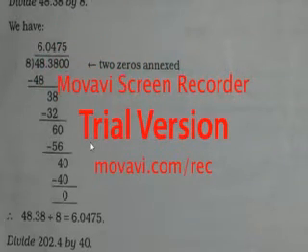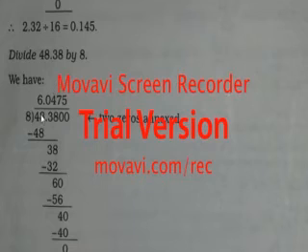In the same way, if you see example 6, here it is: divide 48.38 by 8. You have to divide 48.38 by 8. So if you see the first number, it is bigger. 48 is bigger than 8, so it has been divided. 8 6s are 48. It has been cancelled. Now 3 comes down, that is after the point, so the point will be there, and 3 will not be divisible by 8, so again we have to bring another number, that is 8. After 3 there is 8, so bring another number. For bringing another number, you have to keep 0.